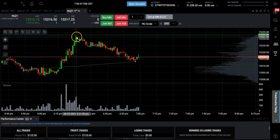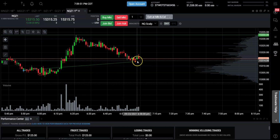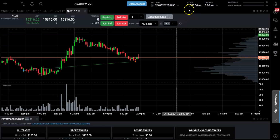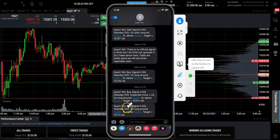And price did indeed reverse just shy of our target. I got stopped out here with a profit of $125. Account value now sits at 51,538. We have a buy signal in the Nasdaq with a price target of